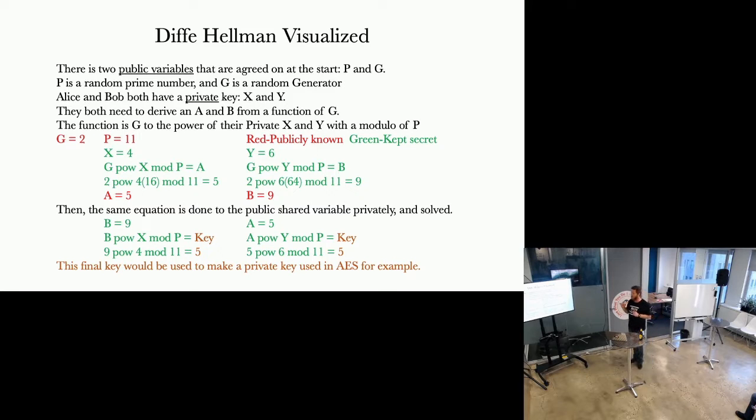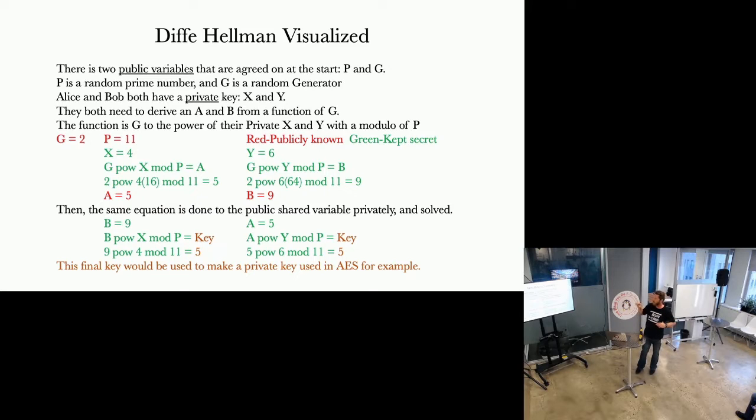In Diffie Hellman, which is the main encryption method used by pretty much everything you touch, your phone, your computer, you name it, everything uses Diffie Hellman key exchange. In the public domain, you've got these two numbers, G and P. I've used really small numbers so it's reasonably easy to follow. G is a generator, a random number generated by the two parties, and P is a random prime number. It doesn't matter what it is, it's just got to be prime.